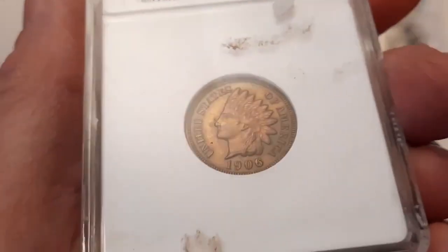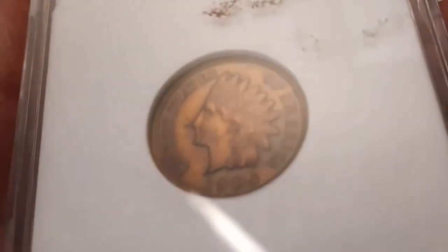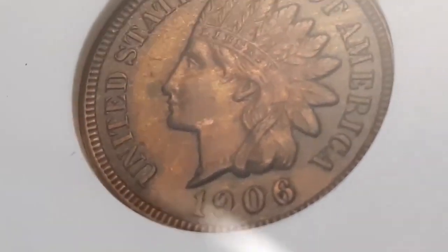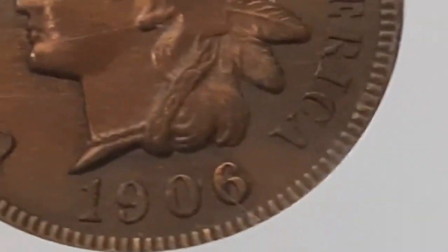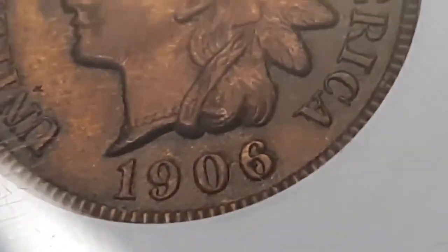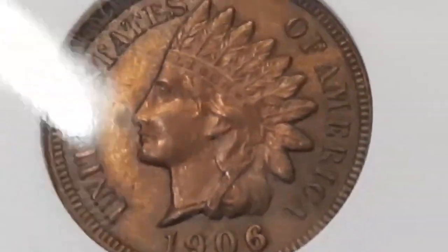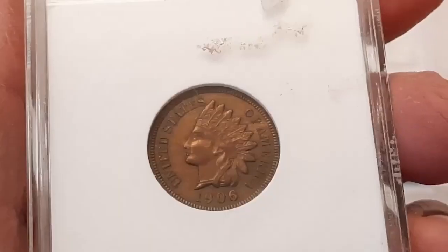So yeah, this 1906, which is a repunched date, and I had a hard time making out that that was a repunched date. I guess you can kind of see there's a little extra around the 0 and the 6. I'm not sure. I paid $21 for this coin, and that was in, let's see, 2017. And then this coin here,